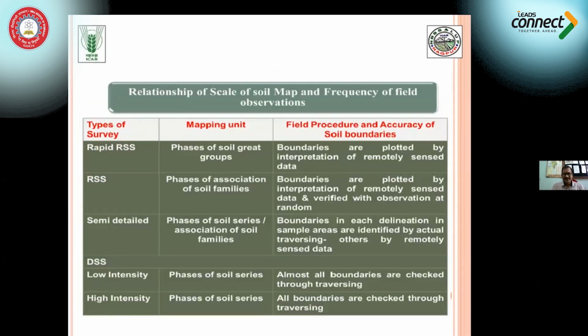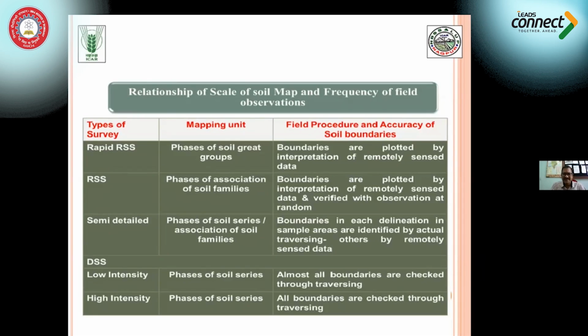Similarly, while doing different kinds of survey, we must delineate the boundaries on the map. That is the most important and critical thing while preparing the map. In case of rapid reconnaissance soil survey, the boundaries are plotted by interpretation of remotely sensed data. In this kind of survey, we cannot traverse the area fully. So the only option is to delineate the boundaries of these units as per the interpretation of